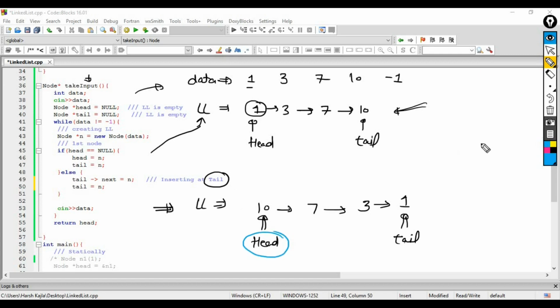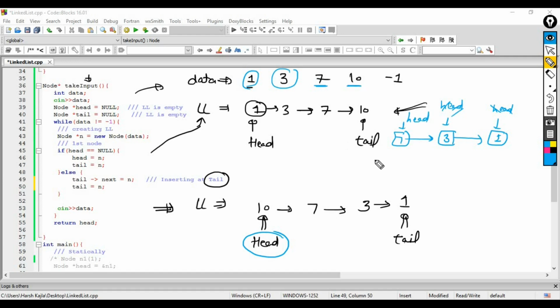For example, data is 1, so create a node with the data 1. Now the data is 3, so you will create node 3. This is your head, so you will make this connection and update your head. Then the data is 7, you will create the node 7, make this connection and update your head.